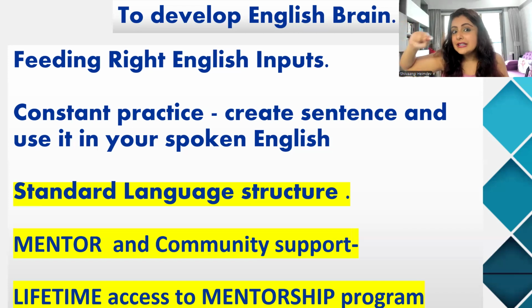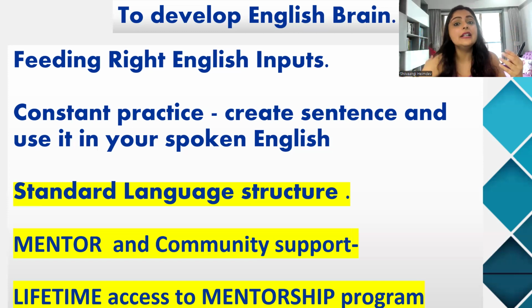Why is your brain developed and tuned in with your native language? Because of the environment that you got at home. Because of the environment, your brain is ready in your native language, and that's where your brain processes very fast when it comes to creating sentences and expressing anything in your native language. See, it's the brain that is working.